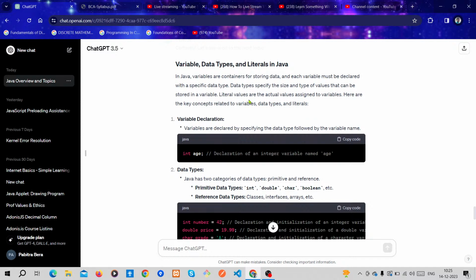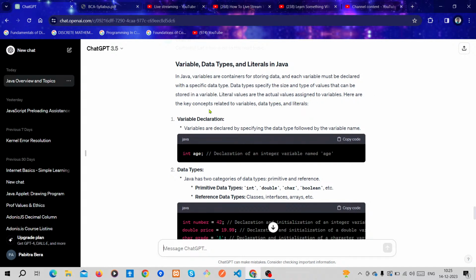By providing the data type, you say that this type of value is stored in this container, and its size is like this. And literals are the actual values assigned to variables.